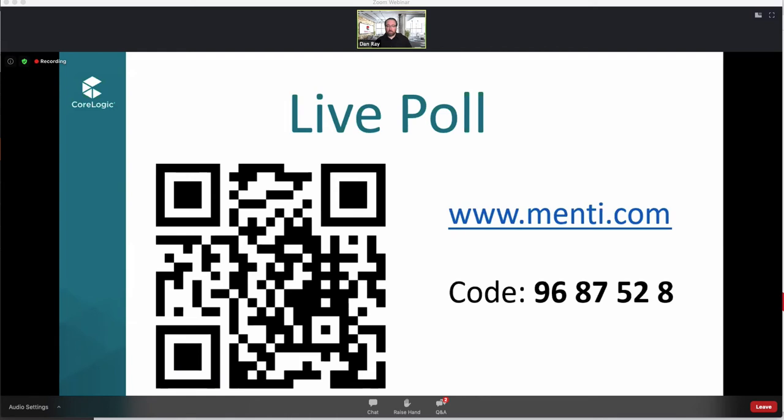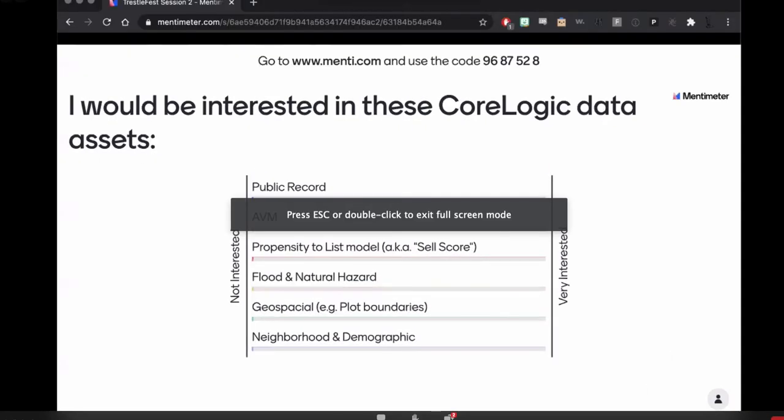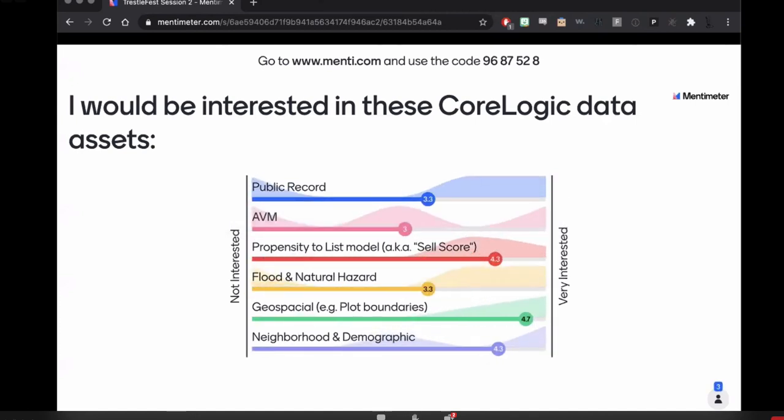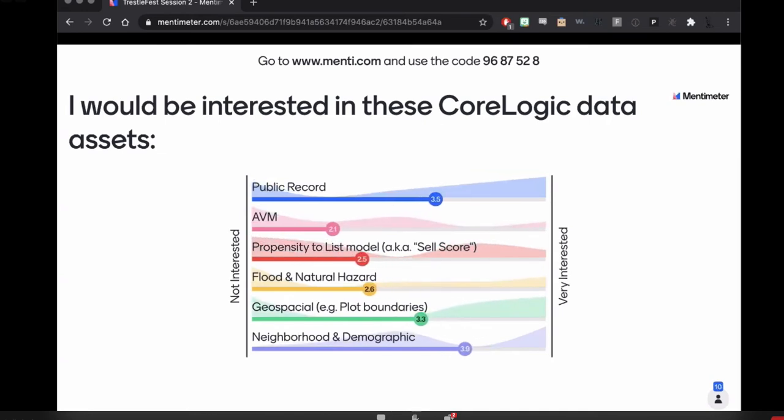Justin, why don't you drop your share for a second? I'll try sharing the result here. We got that? All right, cool. So people are responding 1 to 5 in terms of their interest in these things.